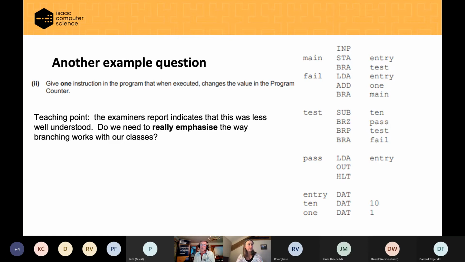So those are some questions that we've got to refer back to when we get the slide deck, and maybe consider the sort of teaching strategies using the LMC that we can use to overcome any difficulties with them. But I think it's time to move on to the A-level instruction set,